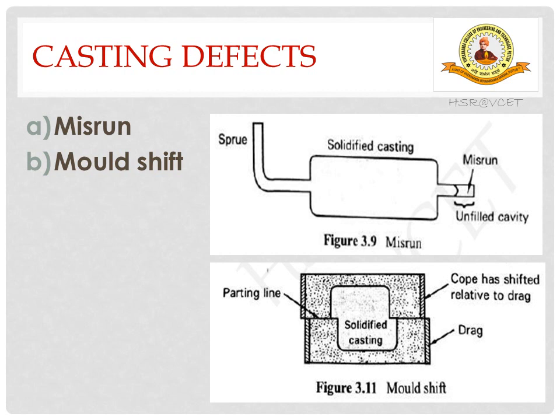Moving on to misrun. Misrun occurs when the mold cavity is not completely filled with the molten metal. In other words, it's a defect wherein a casting solidifies before the molten metal completely fills the cavity. That is, when the molten metal is poured into the cavity, before reaching every corner of the cavity, it starts solidification and it will leave a void at one of the corners of the cavity. So this is called a misrun.